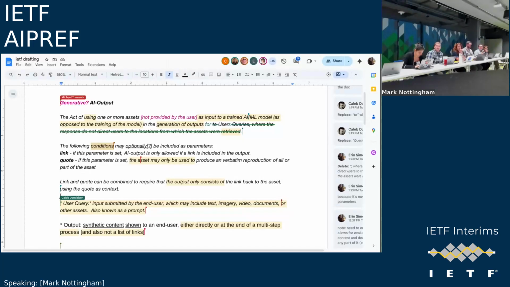So we discussed that, and as the category is currently drafted, they would probably not show up in search because the search result is an AI output. We briefly discussed whether it would be possible to narrow down the definition of output in a way that would exclude the linked list scenario. But the way that it's drafted now, if you say AI output no, you would be out of search, which is why we propose to include these parameters that would allow you to say AI output yes under certain conditions if you want to be in search.